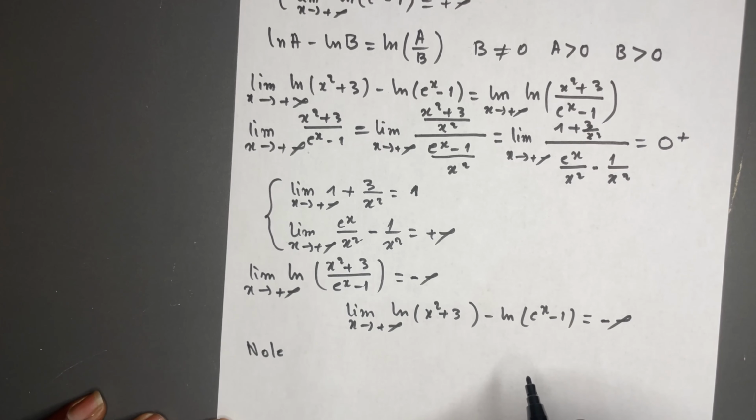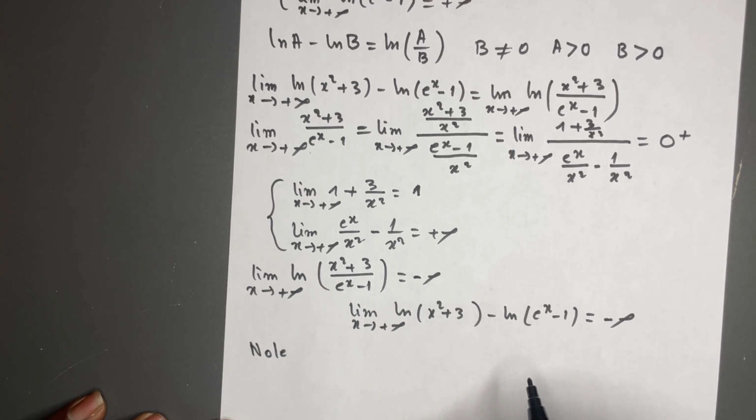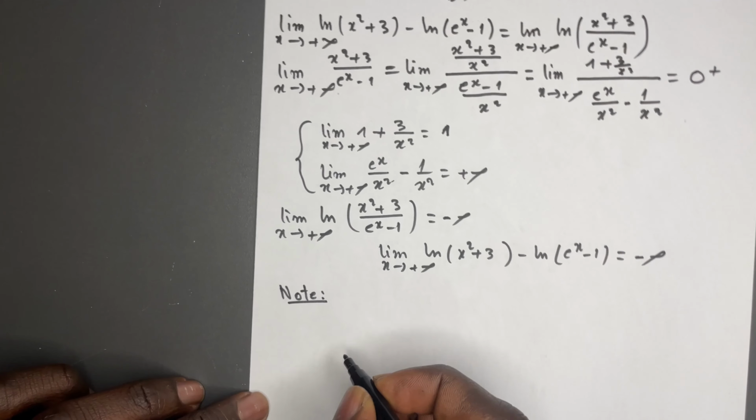Note, when the expression inside the logarithm tends to 0 from the left or becomes negative, it means the limit doesn't exist because the natural logarithm function is only defined for strictly positive real numbers. In real analysis,